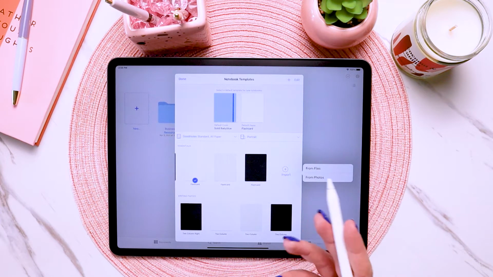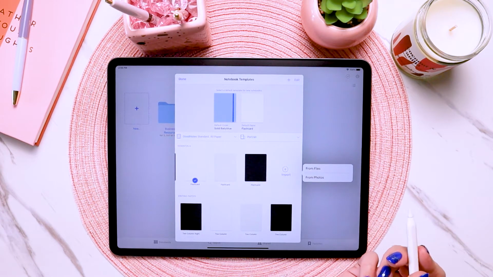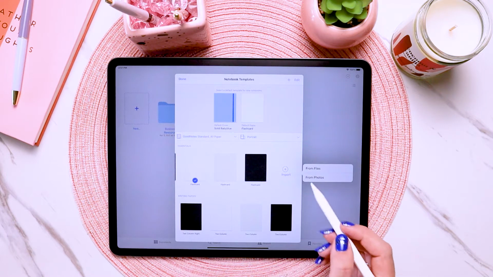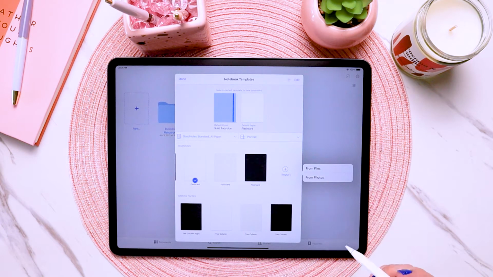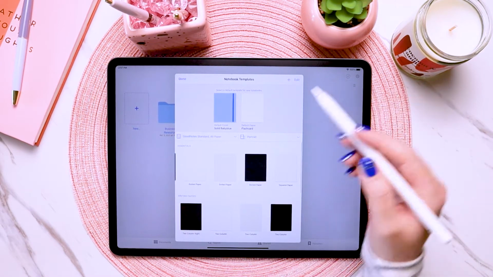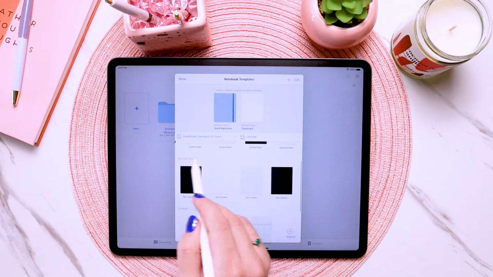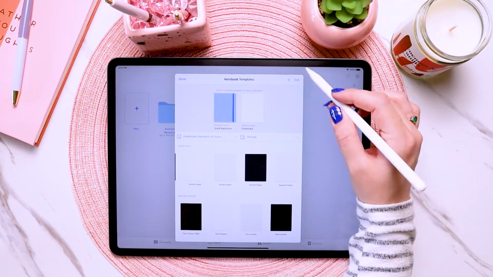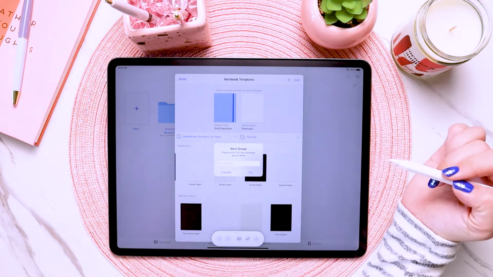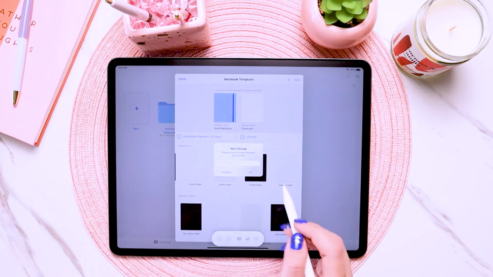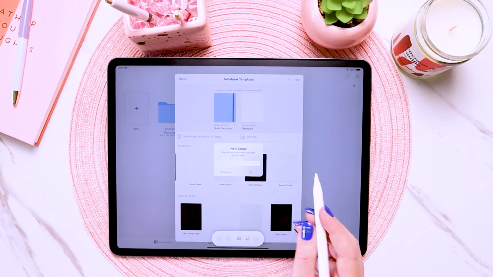So say that you purchased or you downloaded PDF page templates to be used in your digital planner or notebook, and you want to have them available as a template to use within GoodNotes. This is how you would do that. So you just do from files and then go find the document that you want to import. Or if you want to create your own section, because these are essentials, these are writing papers, planner, music. If you want to create your new category, you can click on the addition icon up there and you can create a new group and then import your templates into that group